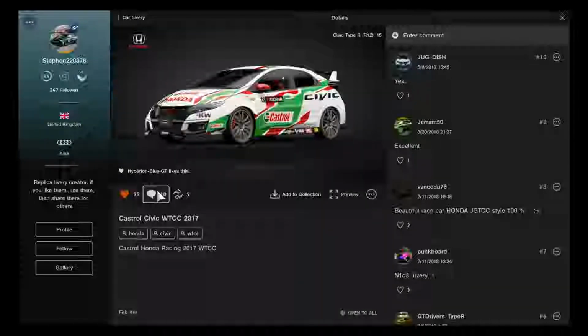This is Hyperion-Blue-GT. It looks like this is a pretty cool Honda Civic Type R FK2 model for a custom race on Gran Turismo Sport. This looks like a pretty good replica, created by Stepin